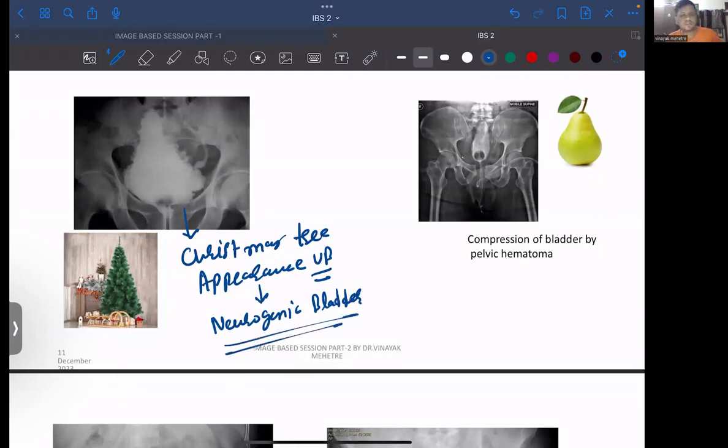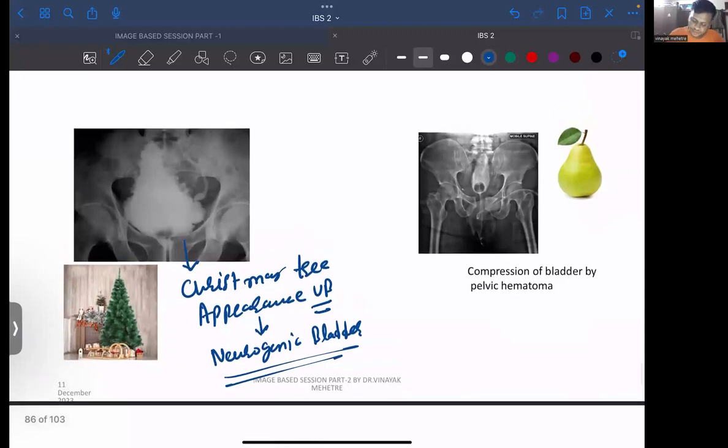It is seen in neurogenic bladder. ओके, इसे बोलते पियर शेप्ड ब्लैडर, and it is seen in pelvic hematoma. जब फ्रैक्चर होगा पेल्विस का and urinary bladder is involved, it will become pear shaped. Okay, pear shaped that time,